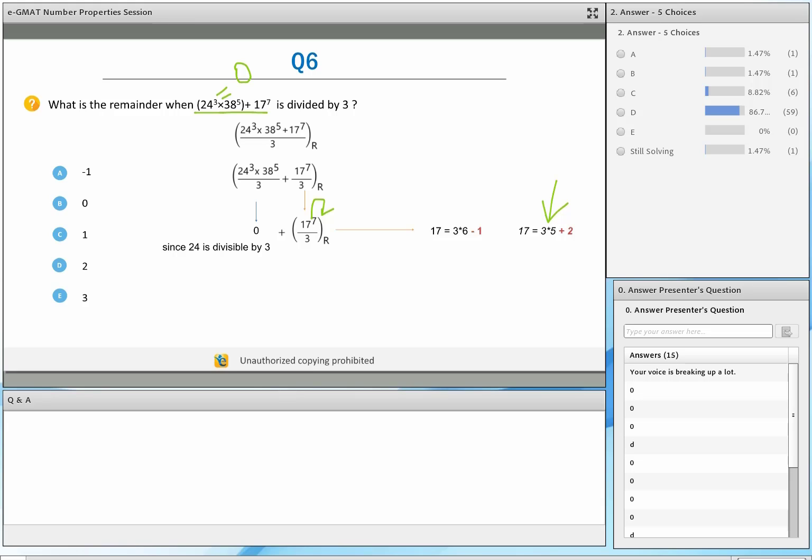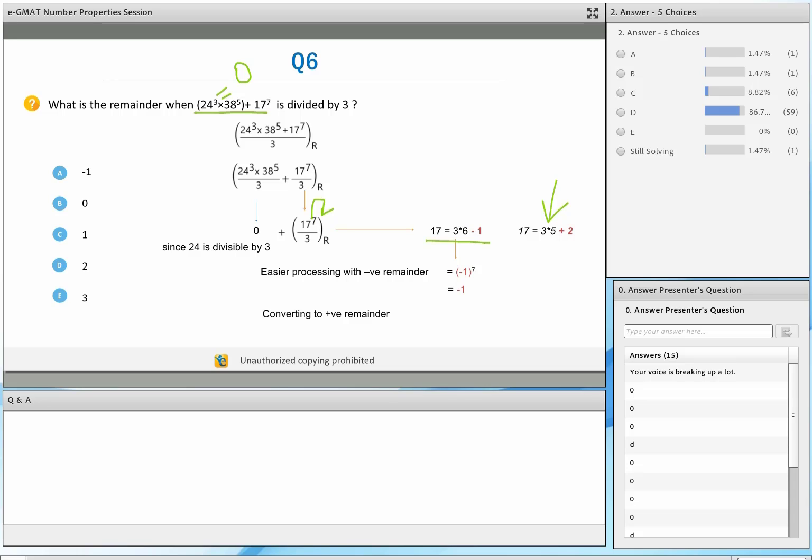Okay. All right, so coming back to this, 17 can be written as, so over here what you have to identify is, can I write this divisibility equation such that I get -1 as the remainder, because I know that is going to simplify my problems quite a bit. Okay, and yes, you can over here. So what you end up getting is -1 as the remainder, because you're writing 17 as 3 times 6, which is 18, 18 minus 1. So you have -1 raised to the power 7. Now -1 raised to the power 7 is what? -1, right? That's the very nature of -1.